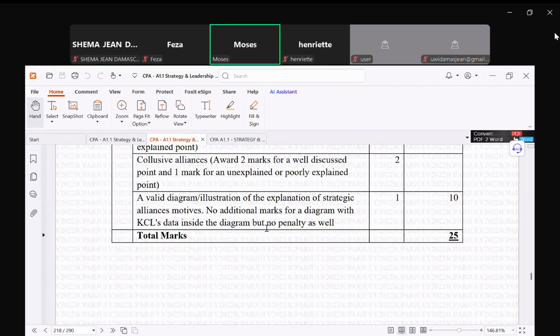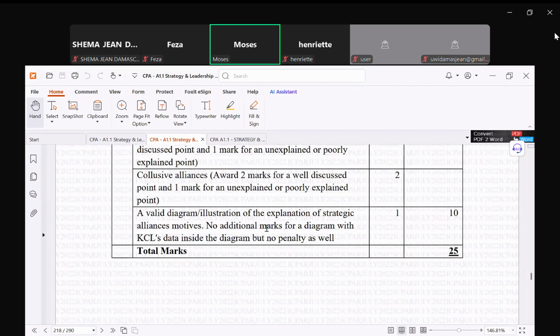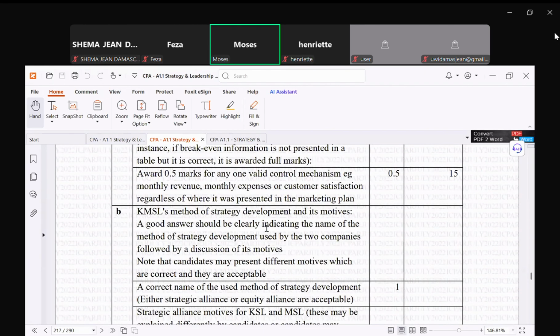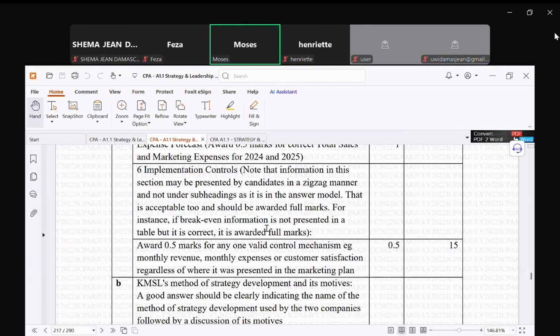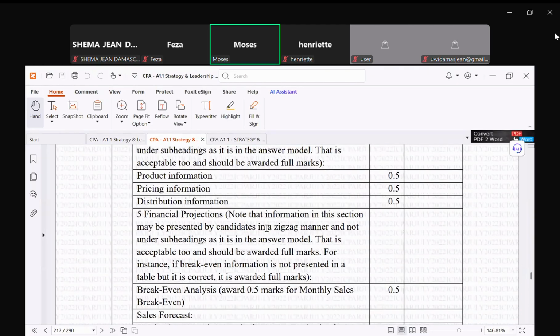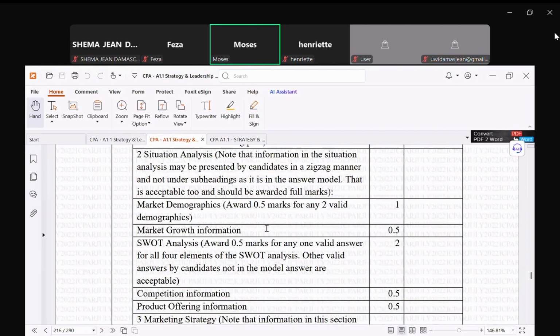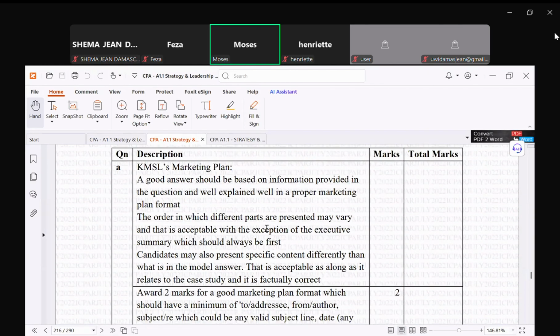Oh, no, I think I got somewhere else. All right. So this time they did not award marks for an introduction, but usually